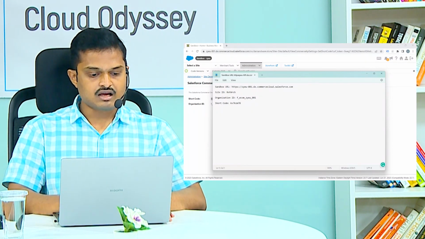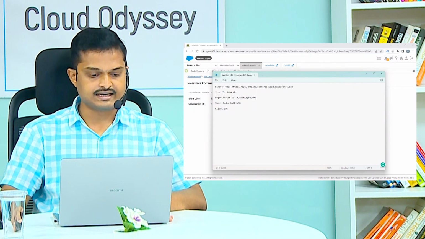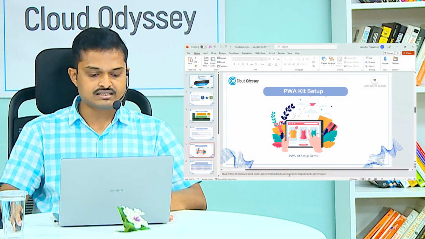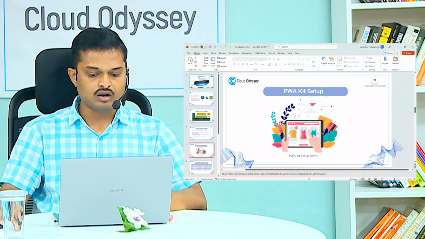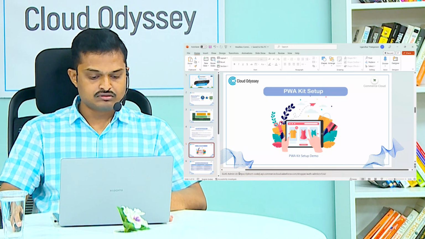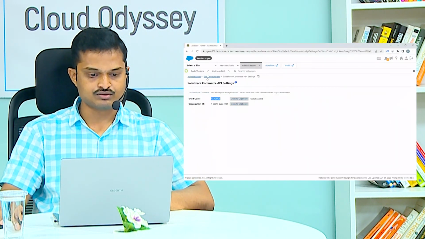Okay, and apart from this, we need the client ID. So what is this client ID? That we will see in a minute. Now I have provided some URL here in the notes. You can use this URL to log in to the SLAS admin UI. So you can copy this URL, put it in the browser,